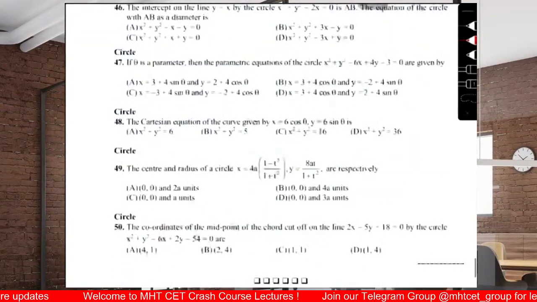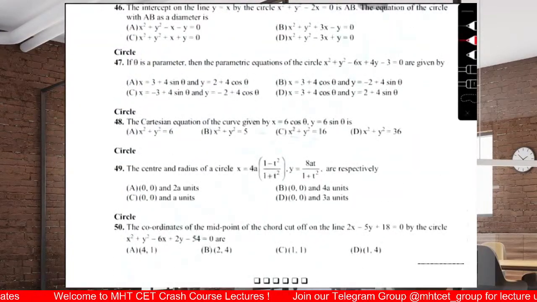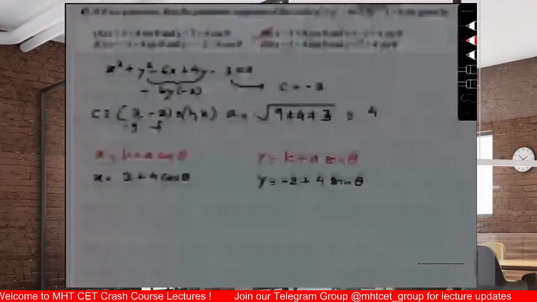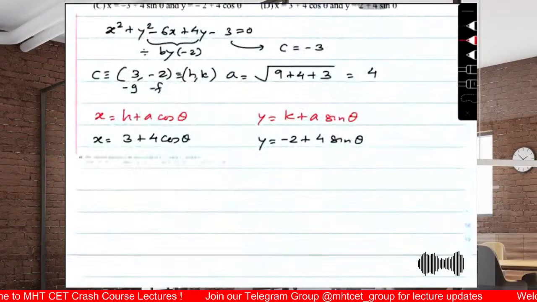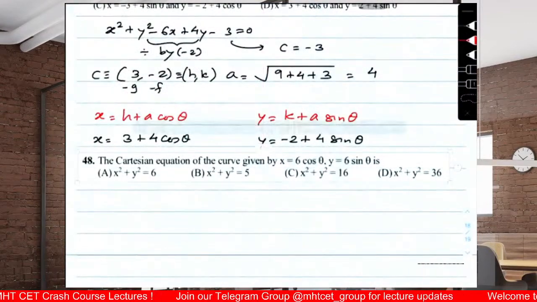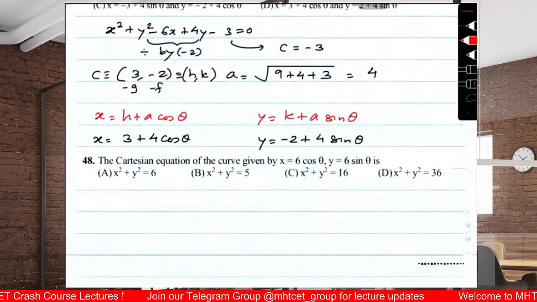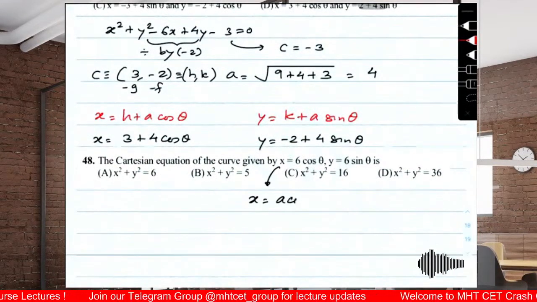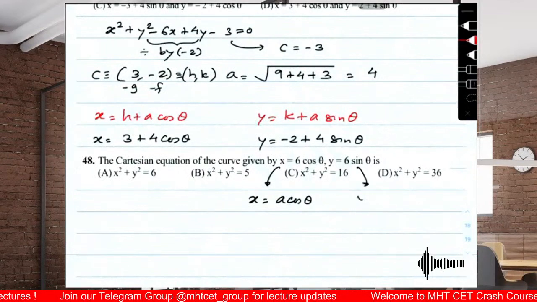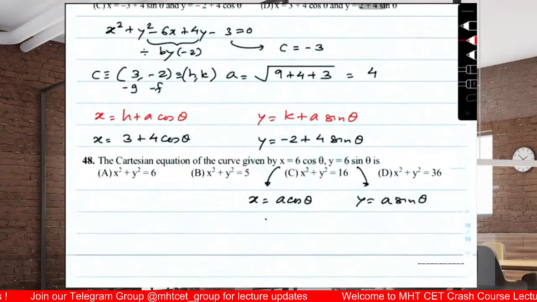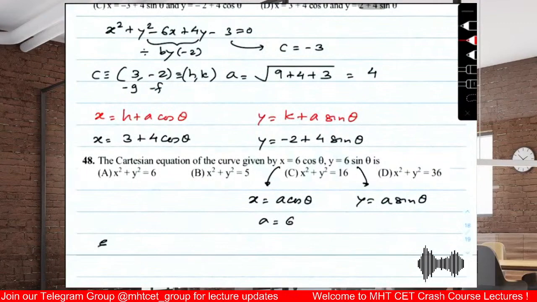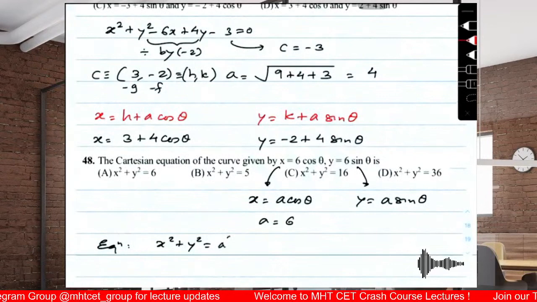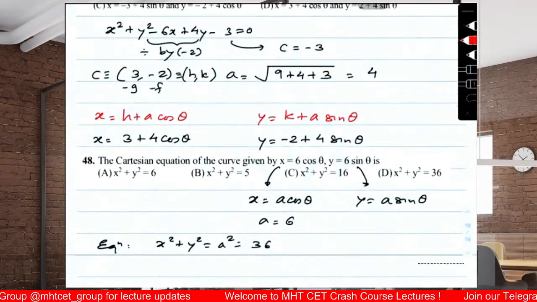48. तो standard circle है, right? This is of the form x equal to a cos theta, and this is of the form y equal to a sin theta, where a is 6. इक्वेशन होता है सर्कल का x स्क्वायर, स्टैंडर्ड सर्कल का x स्क्वायर प्लस y स्क्वायर इक्वल टू a स्क्वायर, दैट इज 36. ऑप्शन डी।